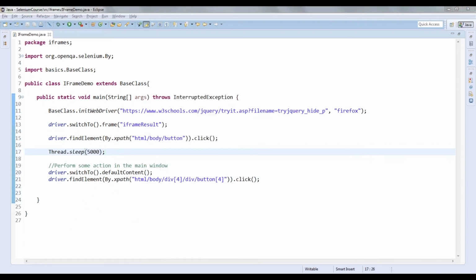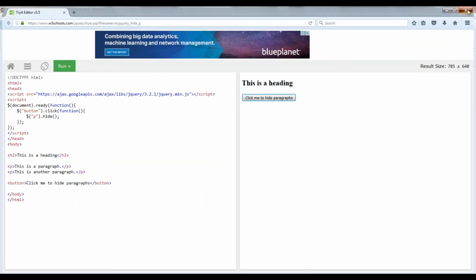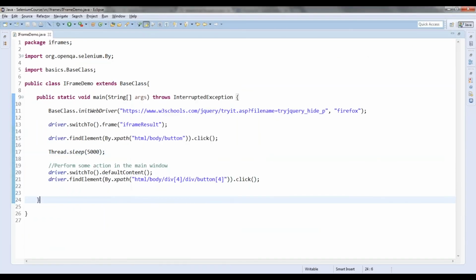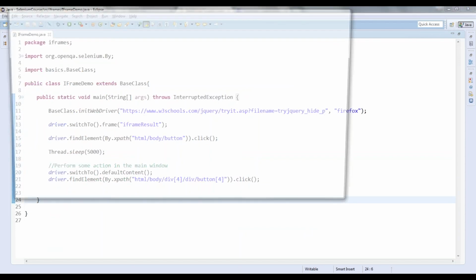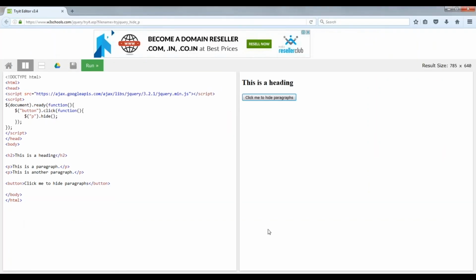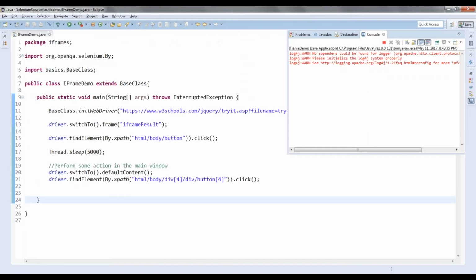So run this again. Sometimes before it is switching to the default content, it is going to click on run. That's what it was happening, I feel.